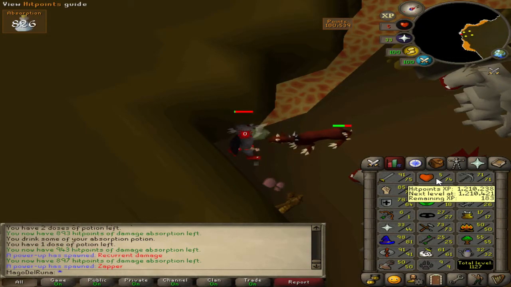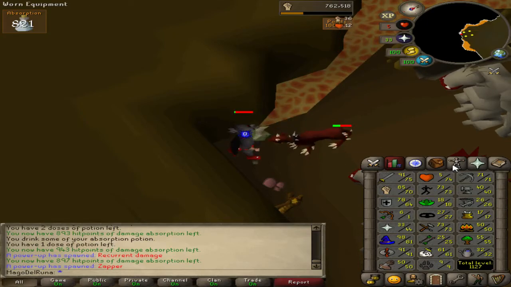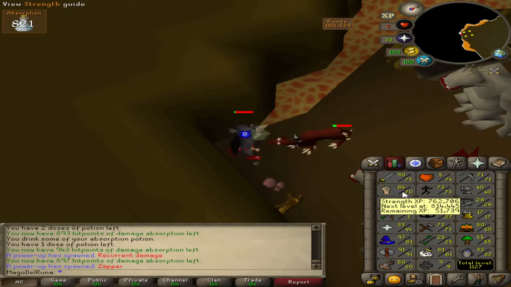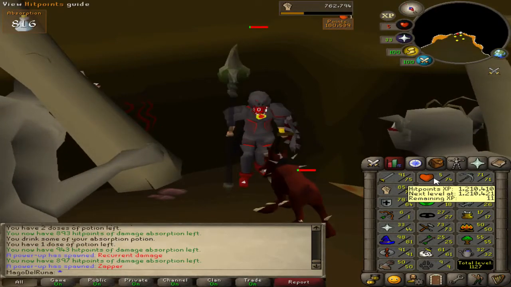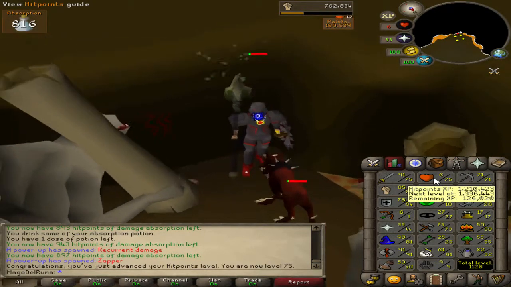With the Slayer Helmet unlocked, we headed back to the Nightmare Zone to gather enough points for the imbued version, which will provide us an extra 15% boost to my magic damage during Slayer tasks. I also ended up deciding to train with the Staff of the Dead here instead of magic because not only do I save on runes, but we also get a higher strength level for the future. So it's a win-win for all of us, and not only that, but we achieved 75 HP,